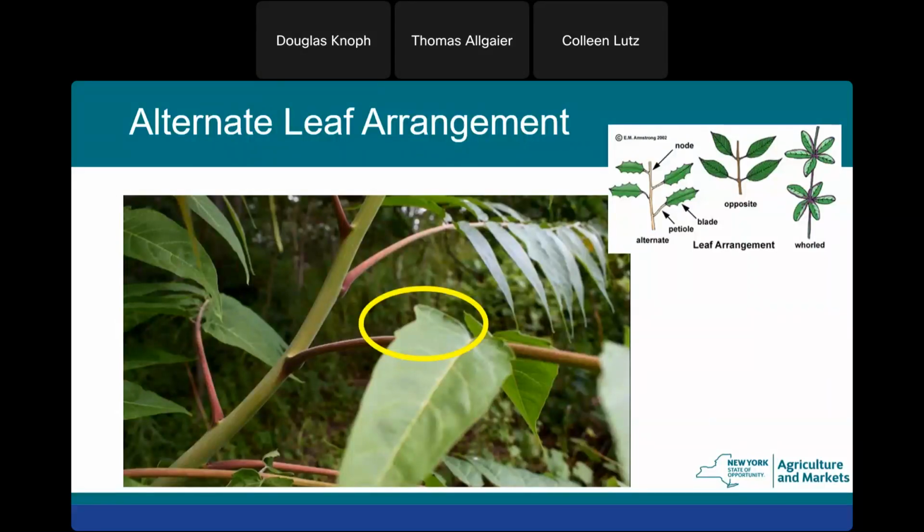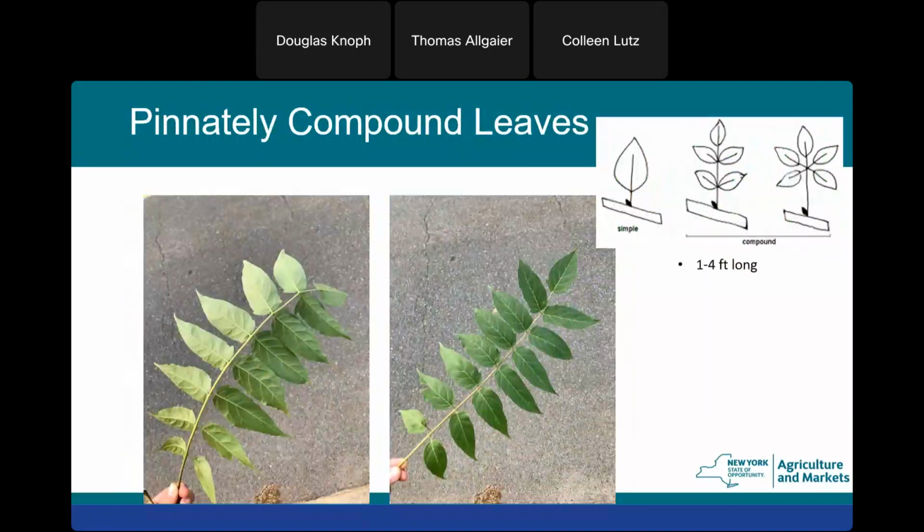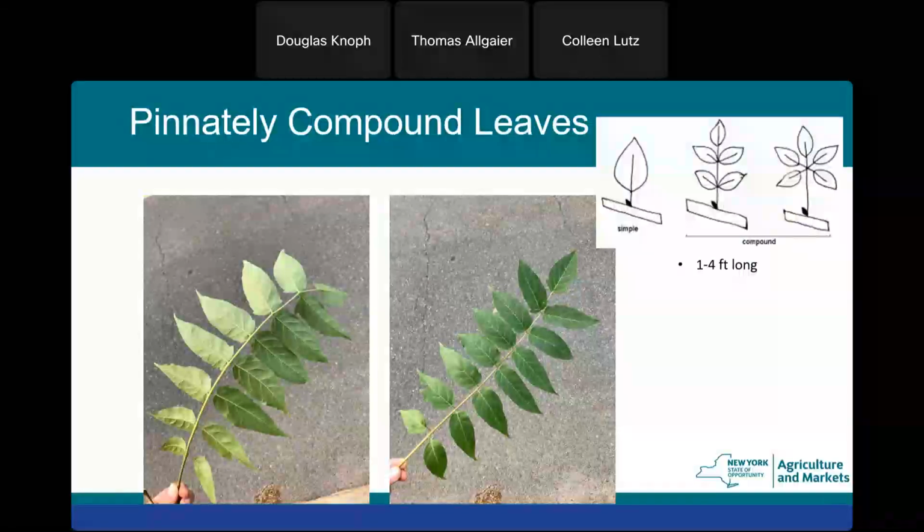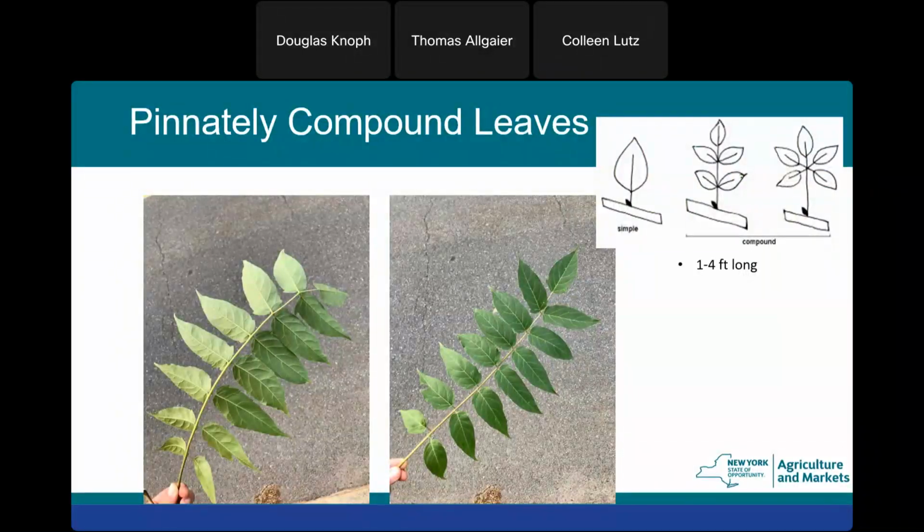So just don't think, oh, it's a Tree of Heaven, I'm going to survey this, and if it's one of the other lookalikes, I'm not going to survey that. Especially early in the spring, it's still worth taking a good look at the sumac and black walnut because they're also hosts. So next page. Here's a good example of a pinnately compound leaf. But you can see these are opposite, not alternate, so that would not be Tree of Heaven. So next page.